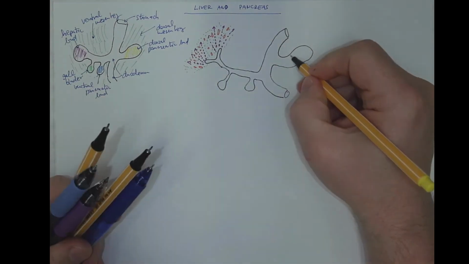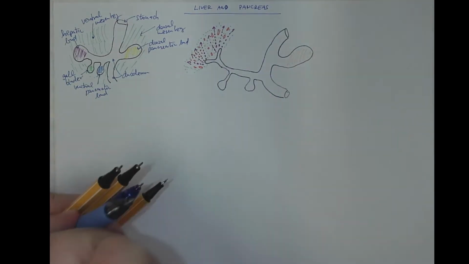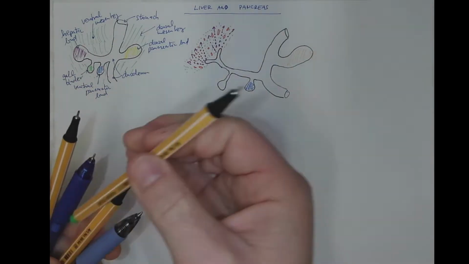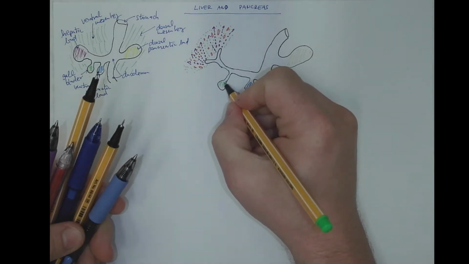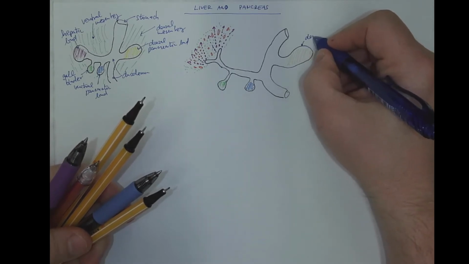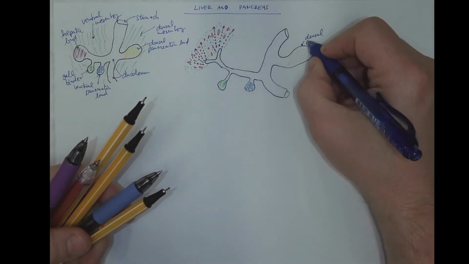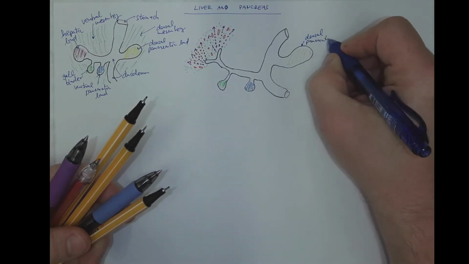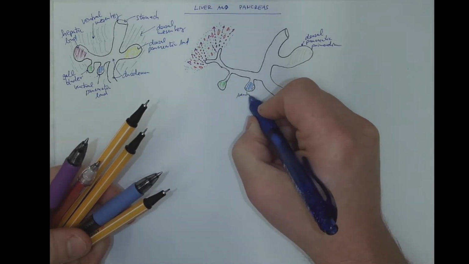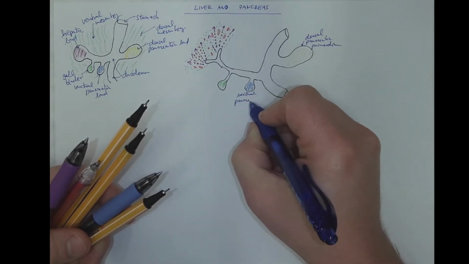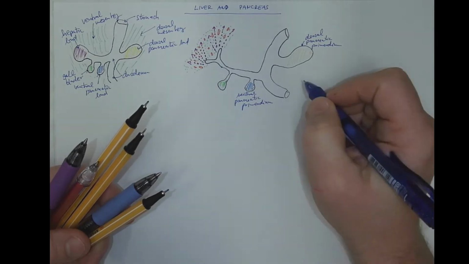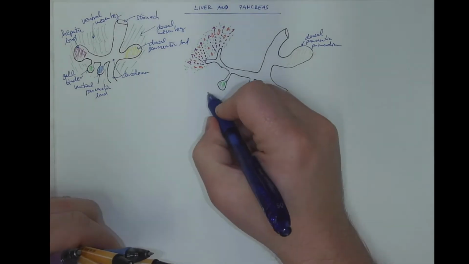I will add the colors for the dorsal pancreas, the ventral pancreas, the ventral pancreatic bud. The liver is already purple, and the gallbladder will remain green. So if this is the dorsal pancreatic primordium, the ventral pancreatic primordium, the gallbladder,